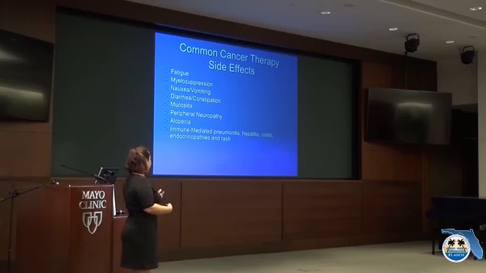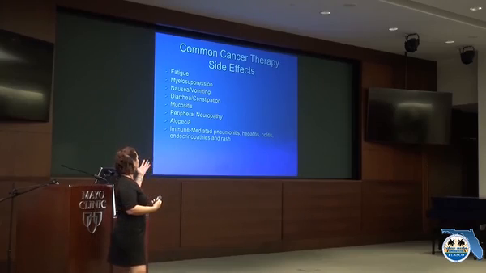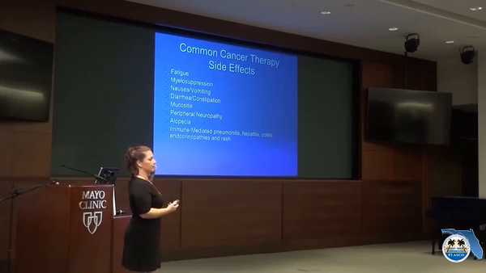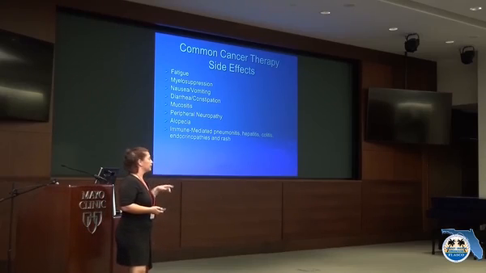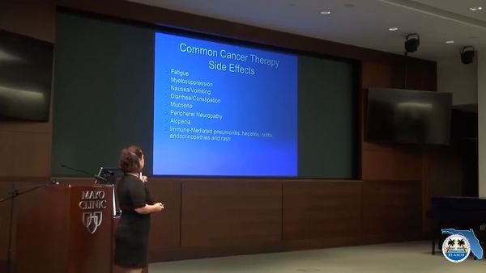GI changes, mucositis, neuropathy. Again, I'll highlight a couple of drugs to be on the lookout for. Not all the chemos, but most of them do cause some degree of alopecia. And then, of course, with all the immunotherapy, you have to be watching for